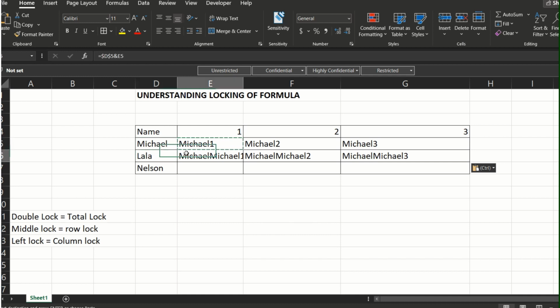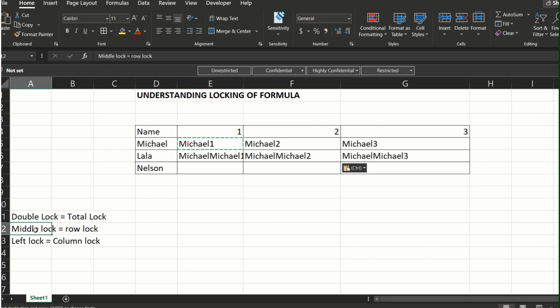It's here because the total lock is D5. It's not moving if you copy any cell and paste it in any cell. What I need here is